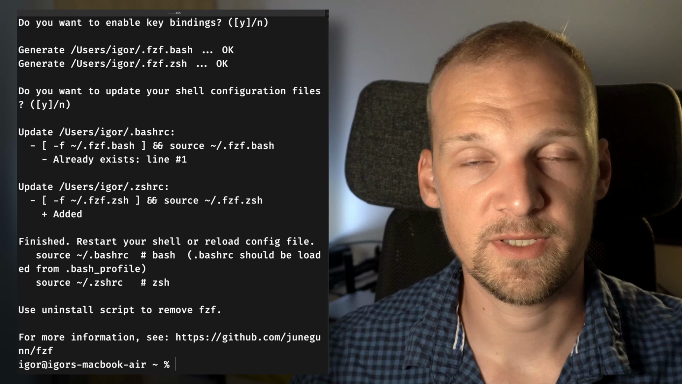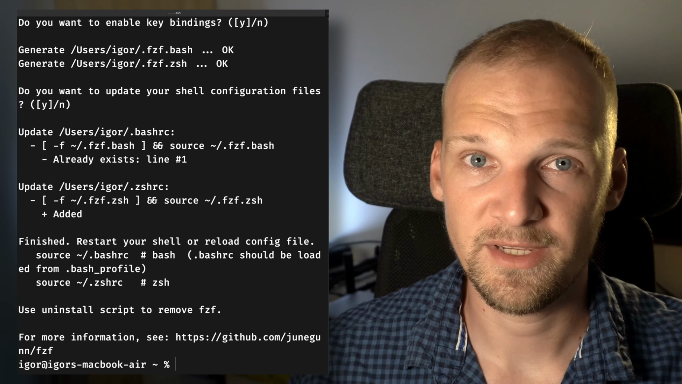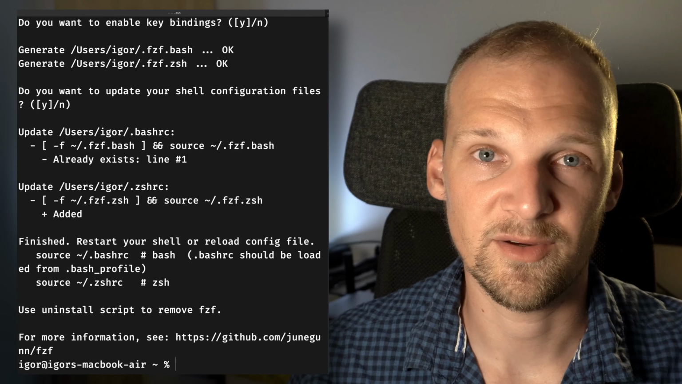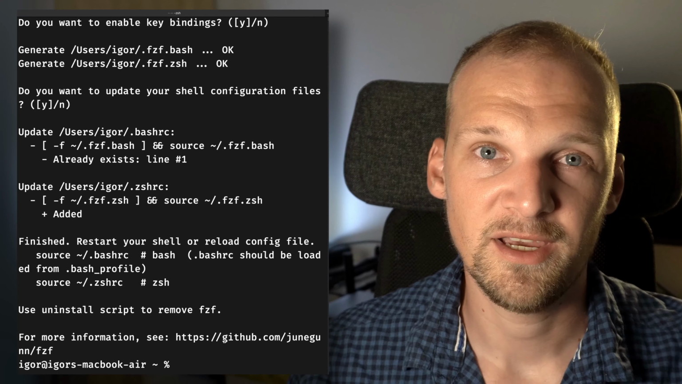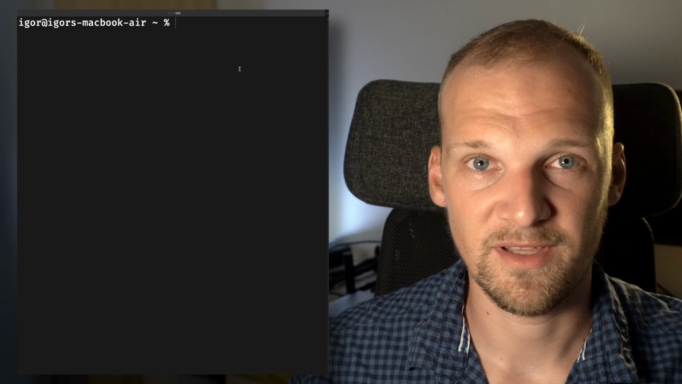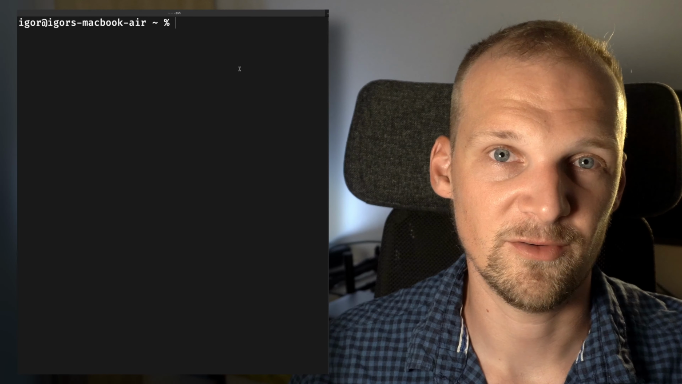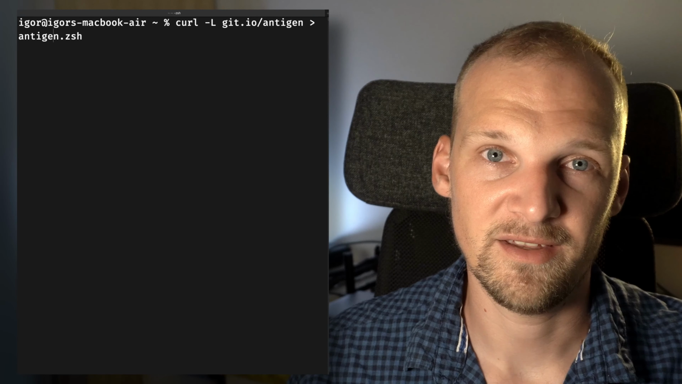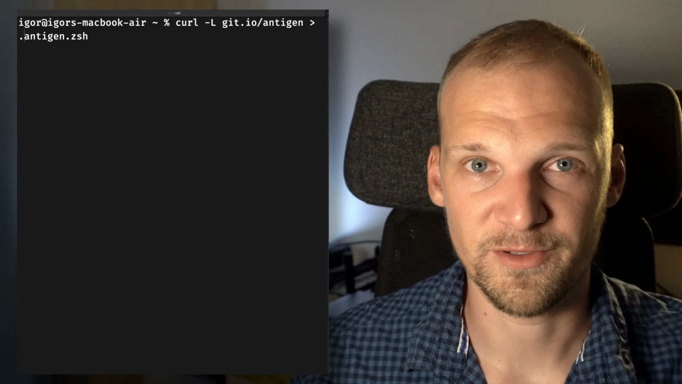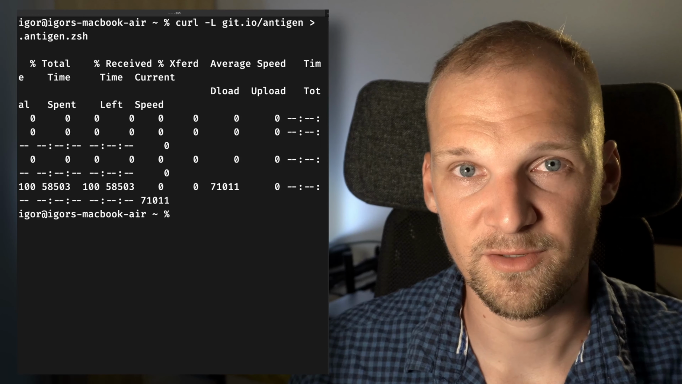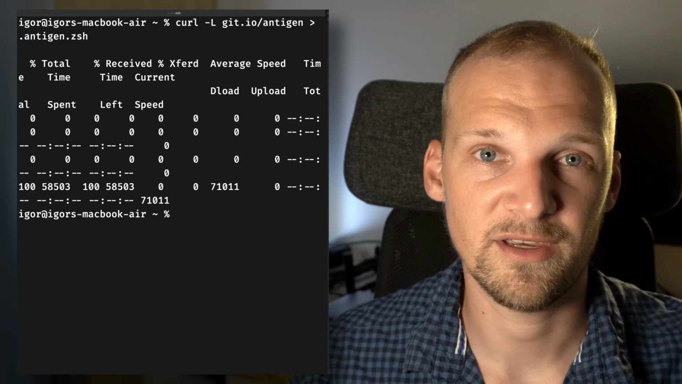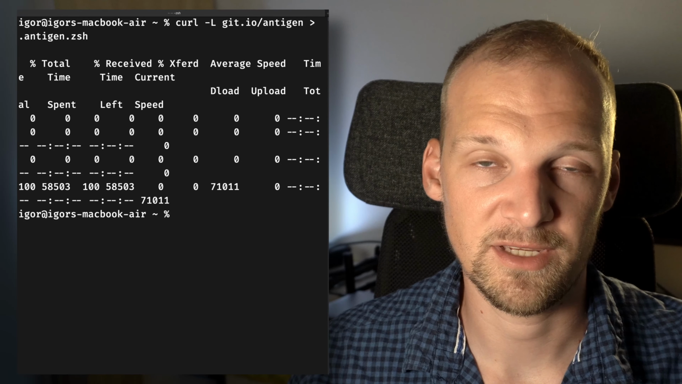With this, we can proceed to install antigen. Antigen is basically a plugin manager for ZSH that allows you to have themes and different plugins installed in your command prompt in an easy way. So let's install that one. For that, we just download the antigen from wherever it is on the internet and put it into our home folder. Now the only thing left to do is to actually change the configuration of our ZSH to use it,